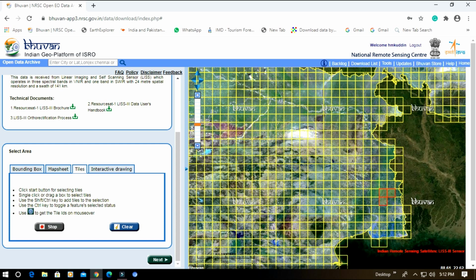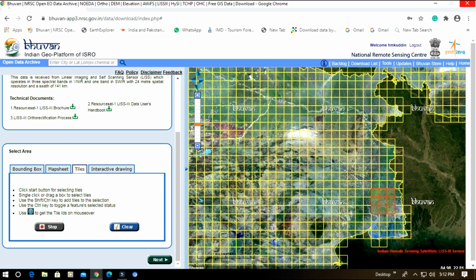Then click the particular grid, holding shift on your keyboard. You will be able to select more than one tile as you like. And in this portion, click on the next button.